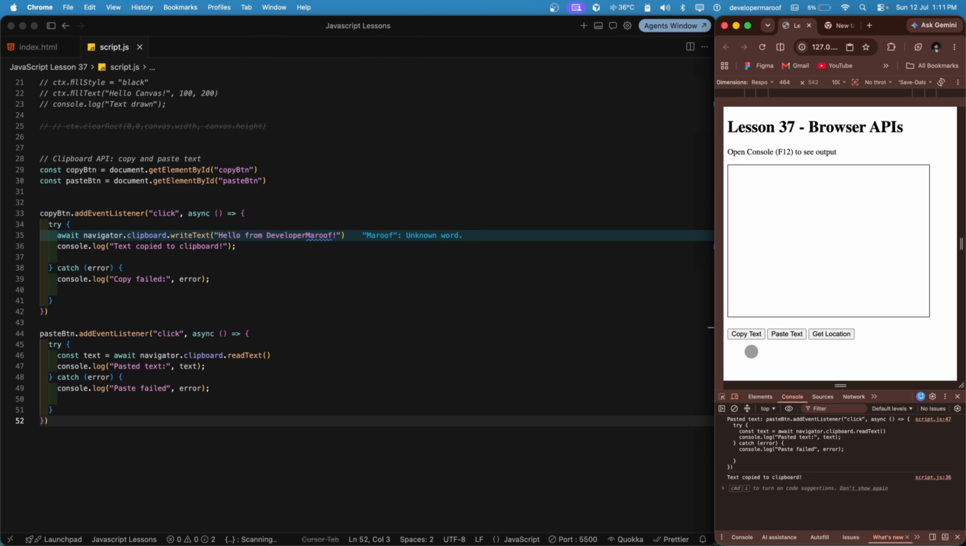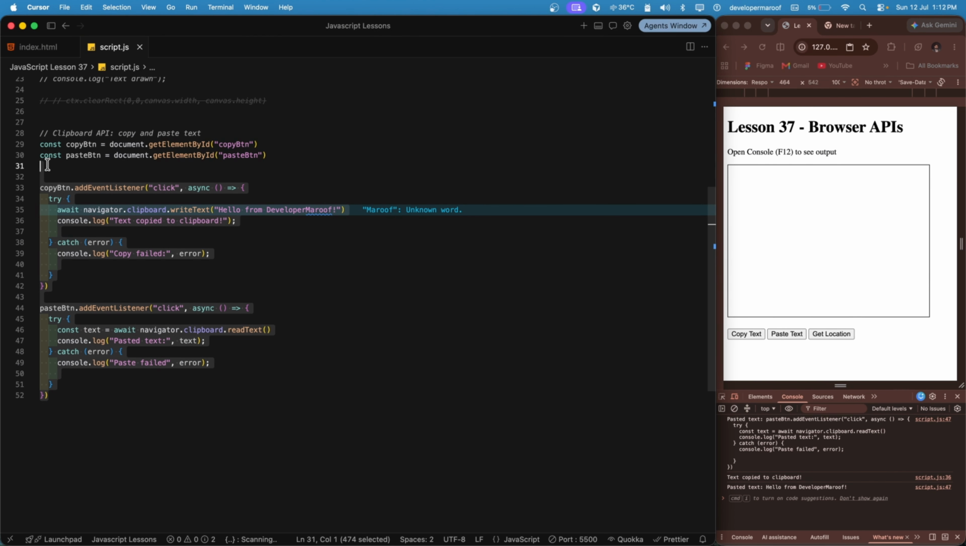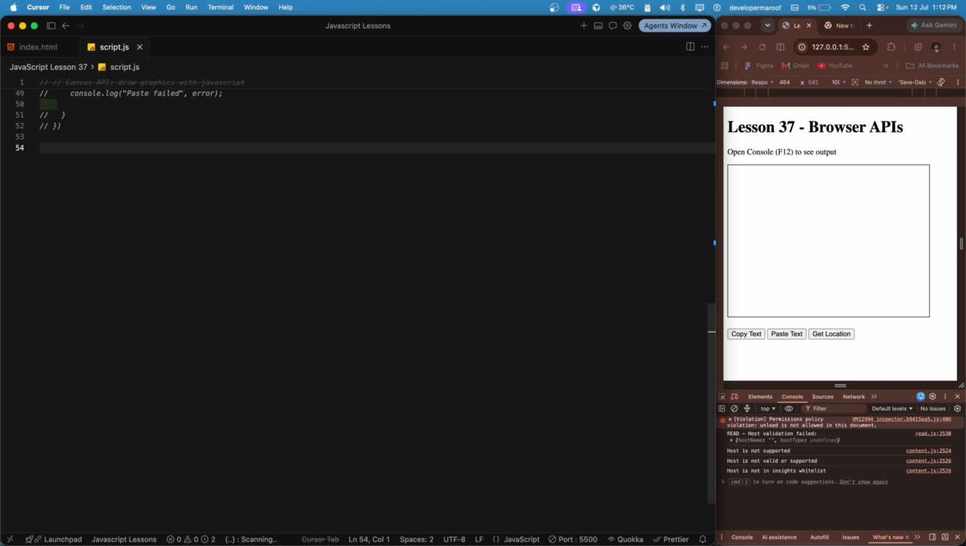If I copy it, now my clipboard has this hello from developer Maruf. If I paste it, you can see now I have hello from developer Maruf. So this is the same logic. This is a rich paste feature, works in apps like Slack or Notion. So I hope you understood. Now we have our final thing. Let's just comment it down, and our final one is